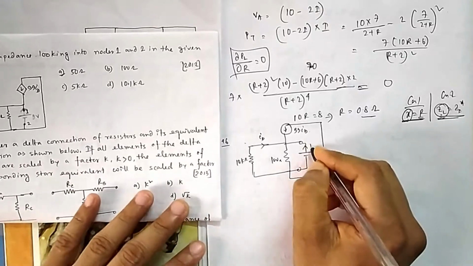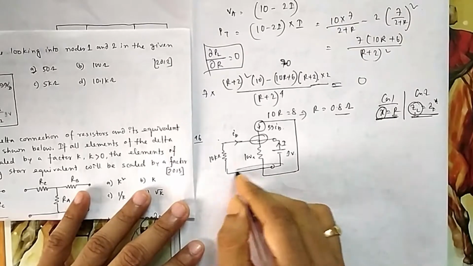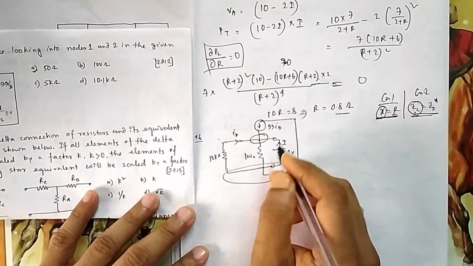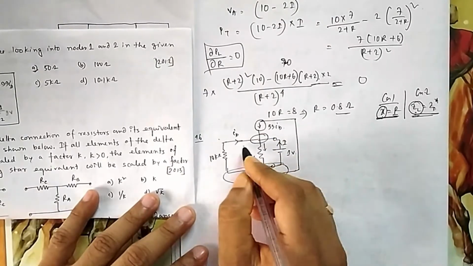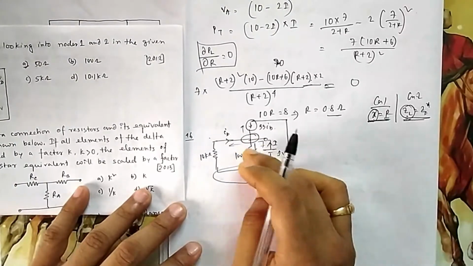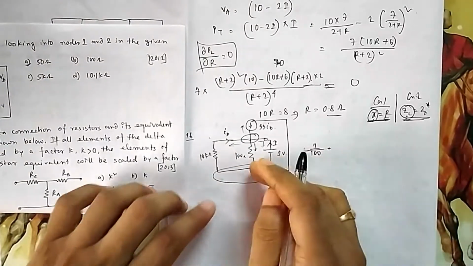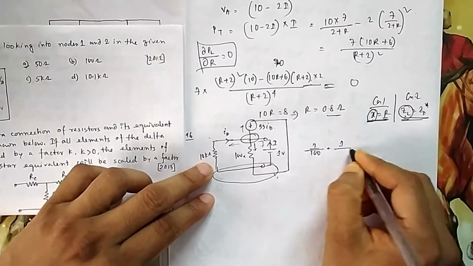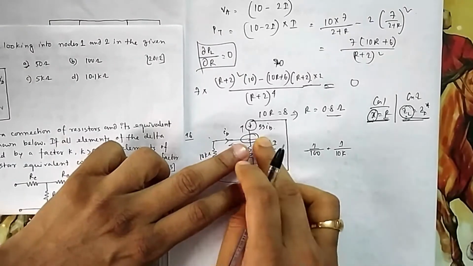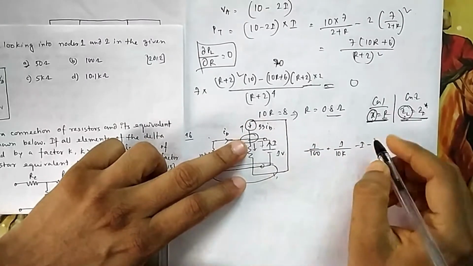So I need this current. Suppose this current is I. So you can take a node analysis here, and you can take all these nodes as a reference node. You know the voltage here directly, so you can apply KCL or node analysis. You know each and every current. So the summation of all outgoing currents should be equal to 0. What is the first outgoing current? This branch, 1 divided by 100, plus what is this outgoing current? 1 divided by 10 kilo. Then this current is coming in, so it will be minus I, and this branch is also coming in, that is minus 99 IB.